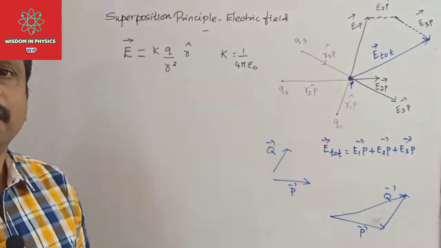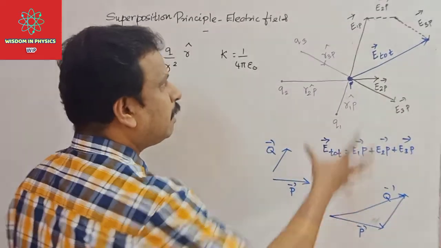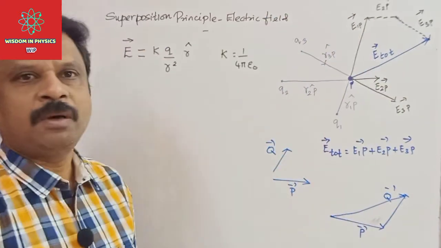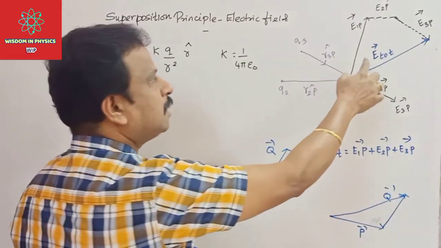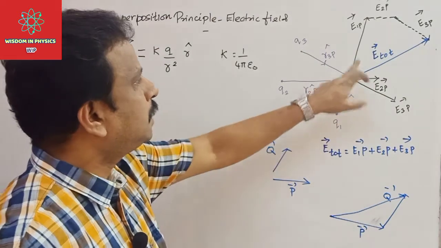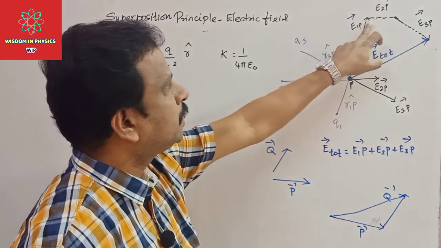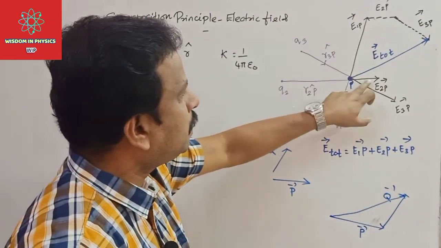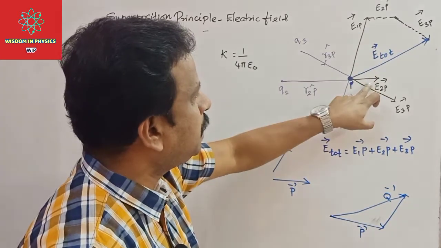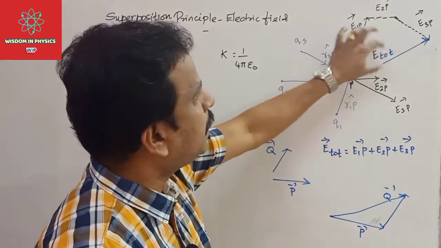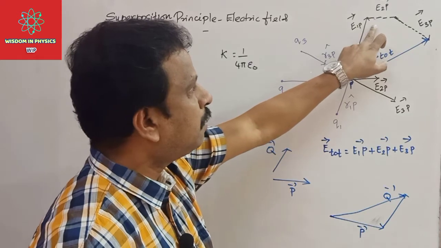This is called the law of triangle. In the same methodology, we are going to find the vector sum of all the fields to find the resultant field, right? So first let us consider this starting point. You draw the parallel line for the first E2P vector, the same length, and it is represented by dotted lines.